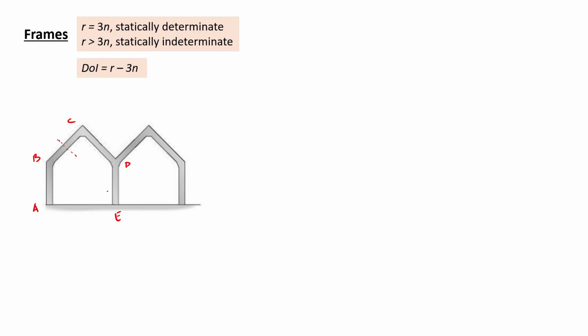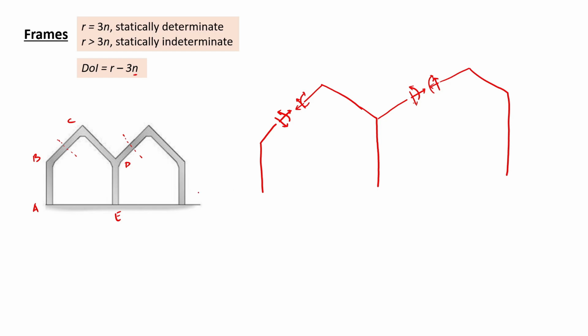So look for any closed loop, draw a free body diagram, and then the number n would actually be the number of free body diagrams that comes out after we cut the sections. When drawing the free body diagram, let's say we cut at these points like this. So internal force at this is here, same point but equal and opposite forces, moment, and then same in this case, moment, and it's fixed at the